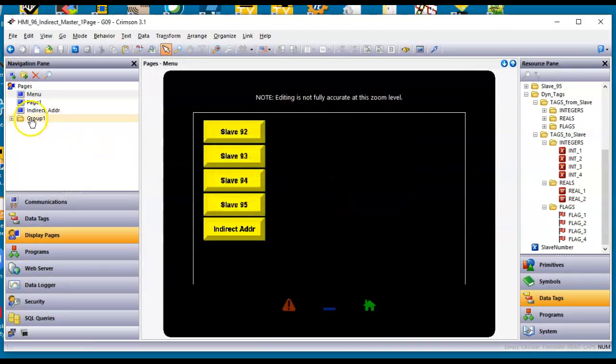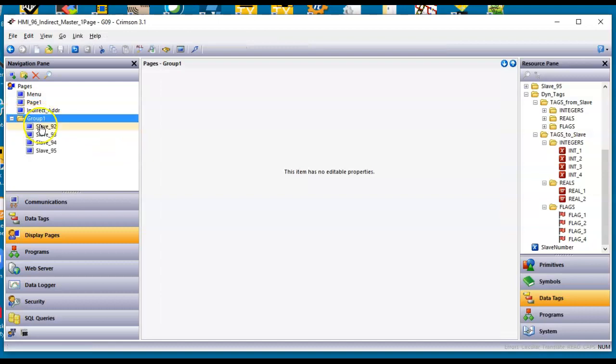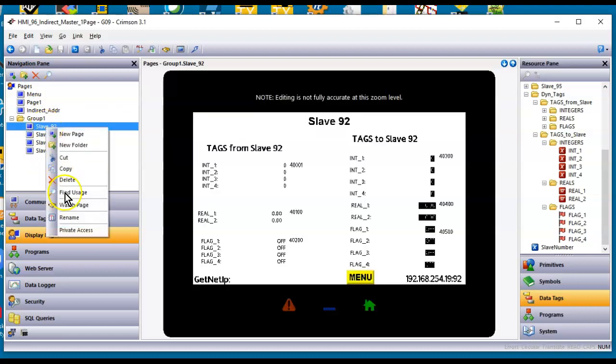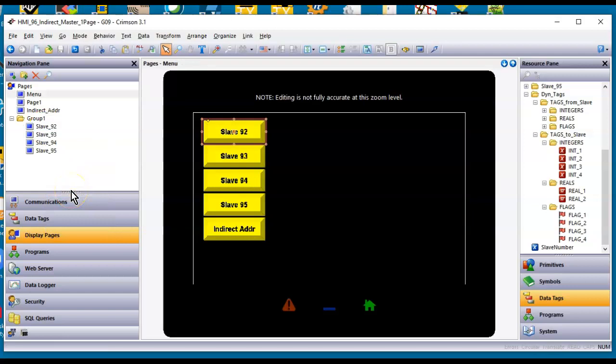I'm going to delete all the other pages, the pages here we were originally using. I'm going to delete them. And if I did this correctly, none of these are being used. As a matter of fact, if I right-click and do find usage, oh,